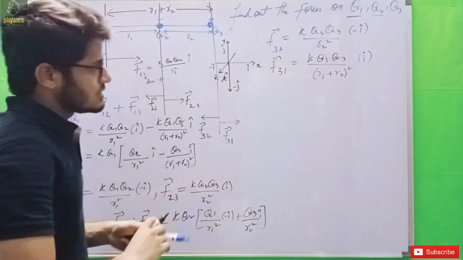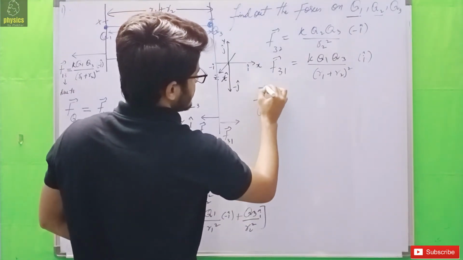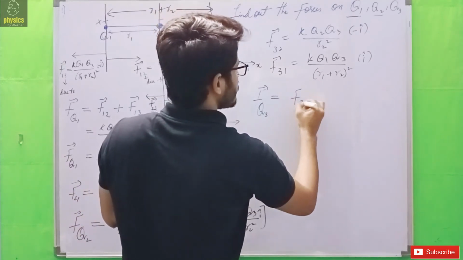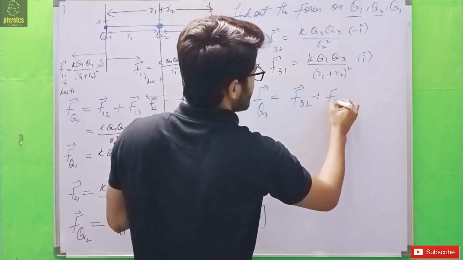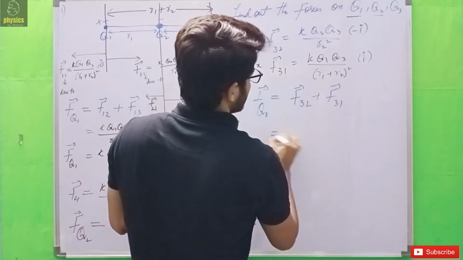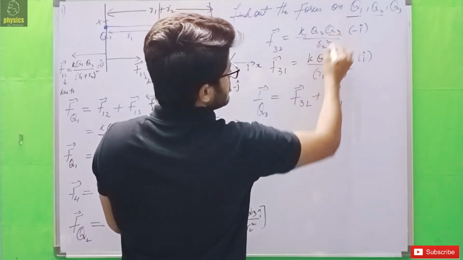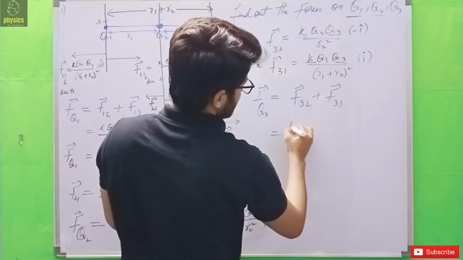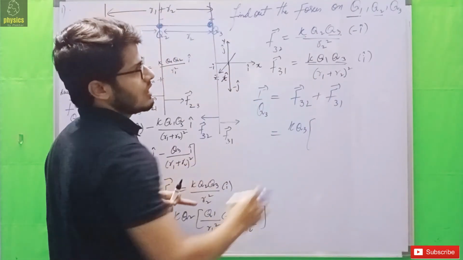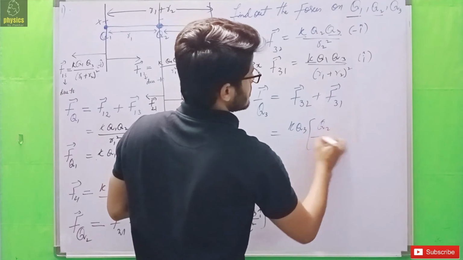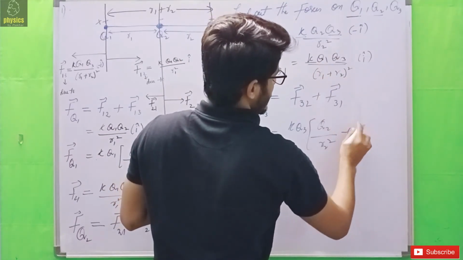Now the net force on Q3 will be F32 plus F31. So from these two equations, what can we take common? KQ3 is common. If I take KQ3 outside, what will be there? Q2 divided by R2 whole square with minus i cap